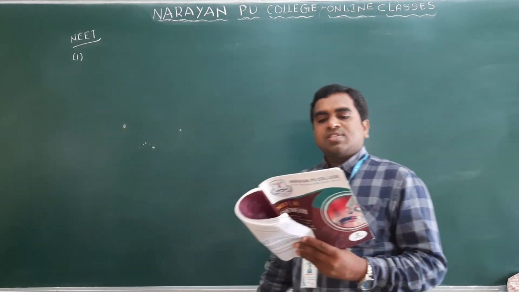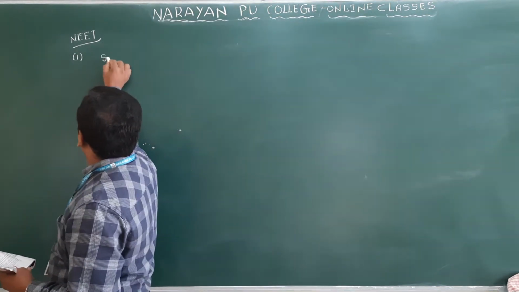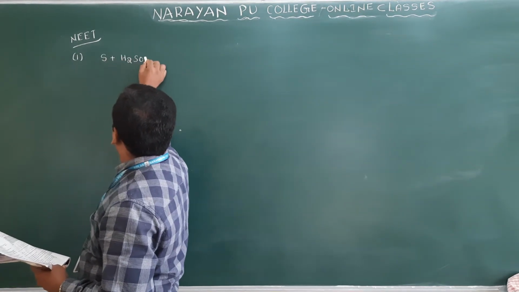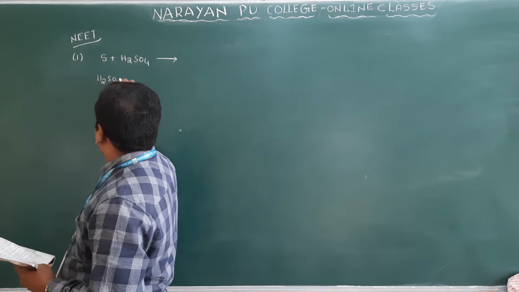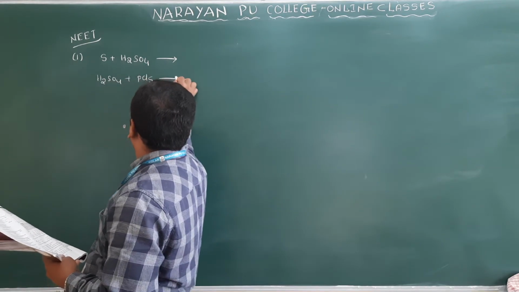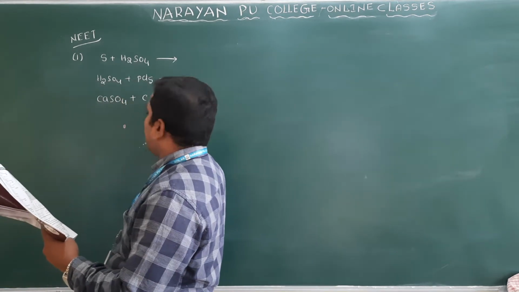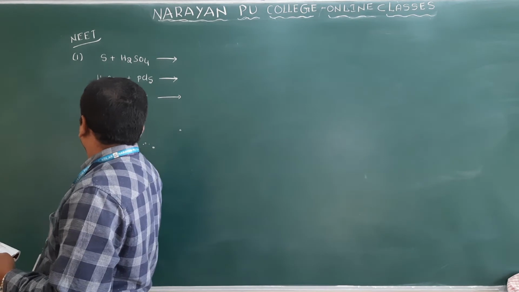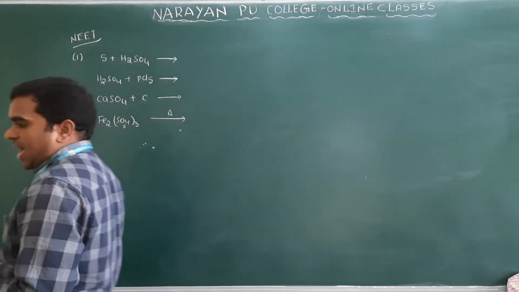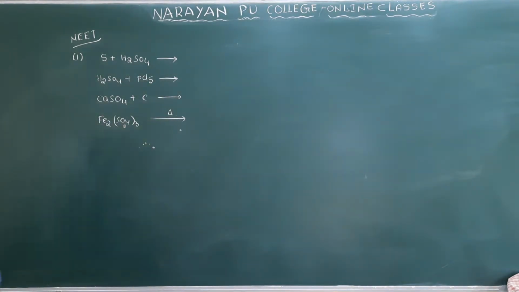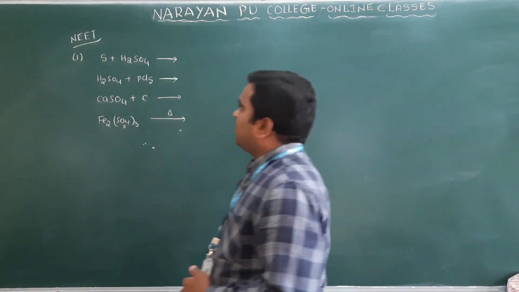Clear? So they have given 4 reactions here. The first one is sulfur with H2SO4. Another one is H2SO4 and PCl5. This is the second one. Then CaSO4 plus carbon and heating. And the next one is Fe2(SO4)3 with heating. So which reaction is used to prepare sulfur dioxide? We have discussed sulfur dioxide in our syllabus, but here they have given the question based